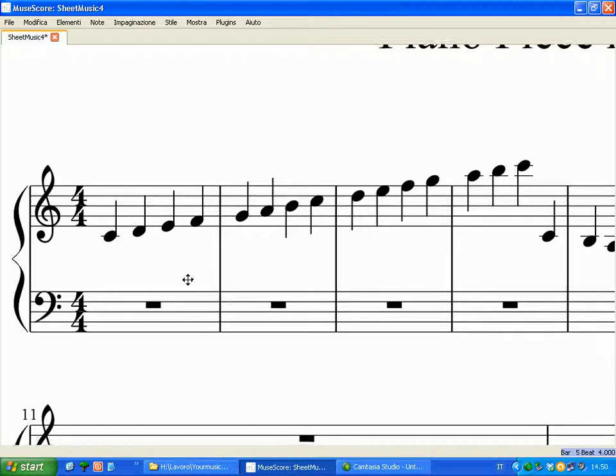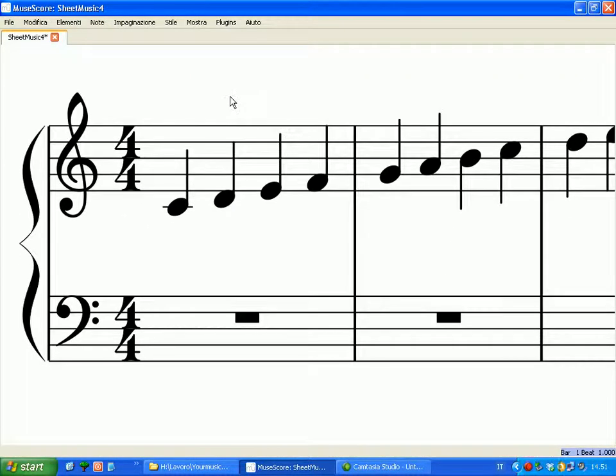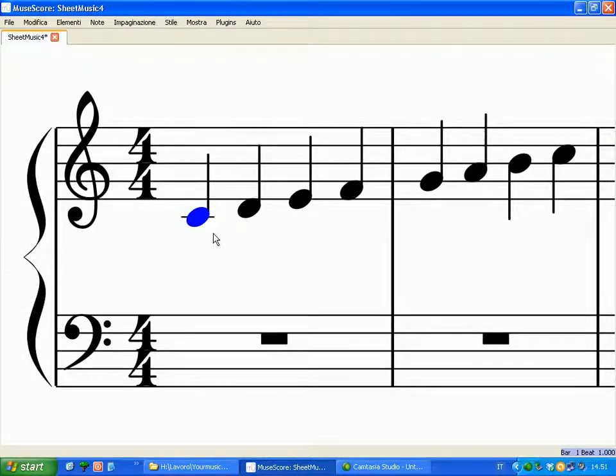Now we have determined the different pitches of the notes, and the most important thing is that we have understood how to represent the different pitches using the staff, the lines, the spaces, the ledger lines, and most of all starting from a reference sound, which of course is the middle C. Please bear in mind, this is a very important thing if you want to start playing the piano, that this note on the staff, if you have the treble clef, corresponds to the middle C